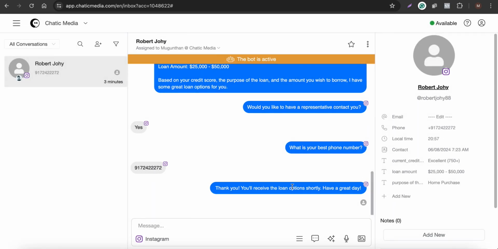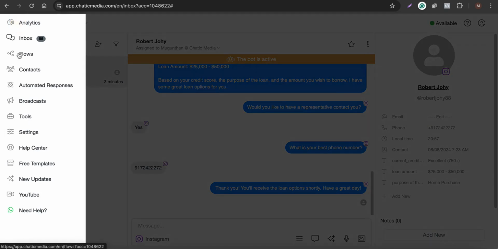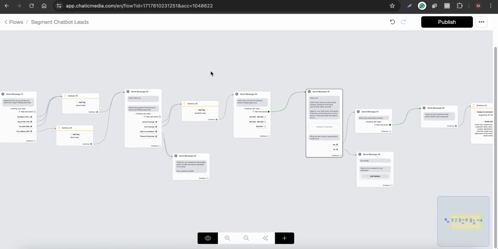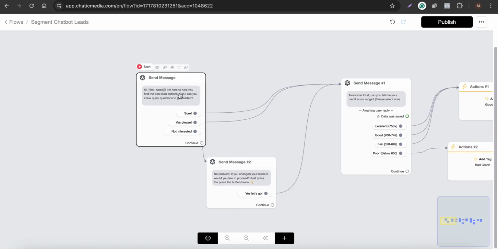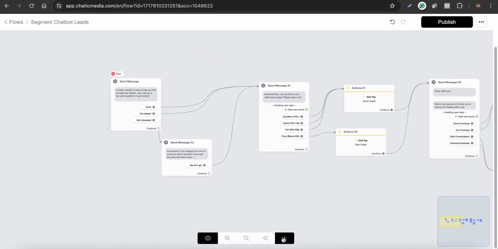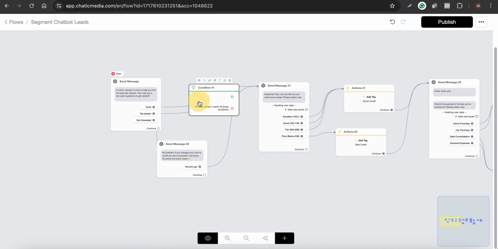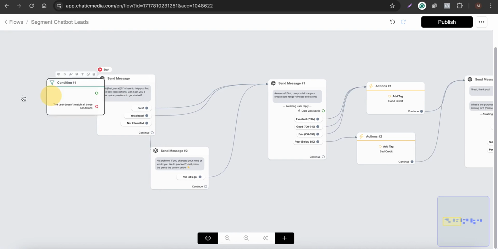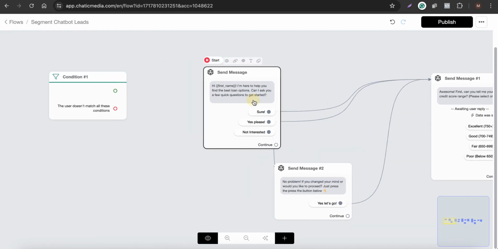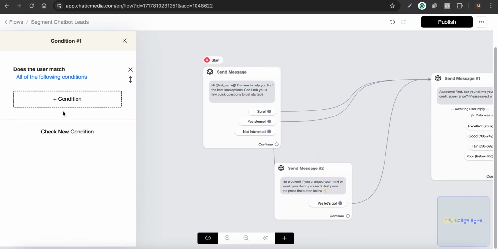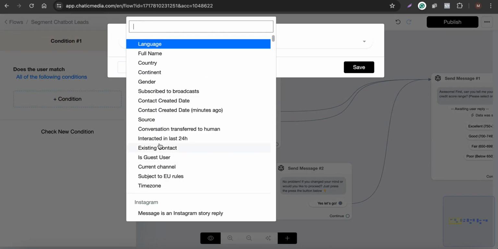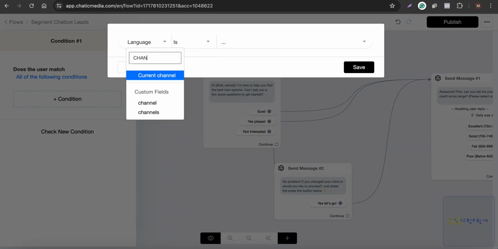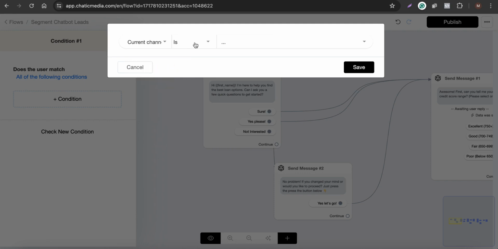So as I mentioned, this can work on other channels too. So let's do a quick test on the web chat as well. For the web chat, we don't know the customer name, so we want to ask them for their name. So here I want to do a simple modification. I want to add a condition right here, a condition based on the user channel. So if it is a web chat,